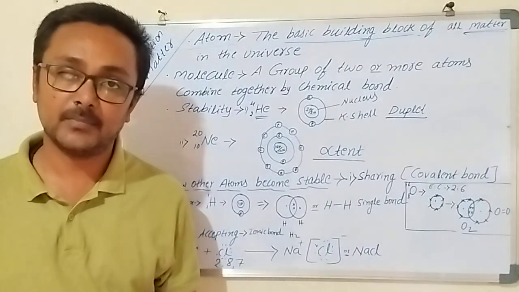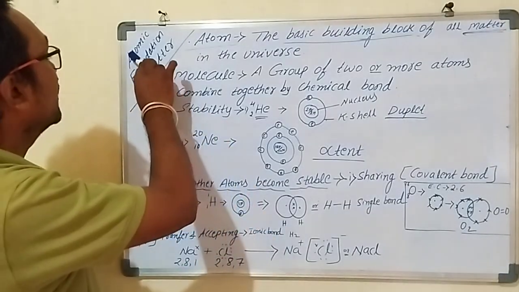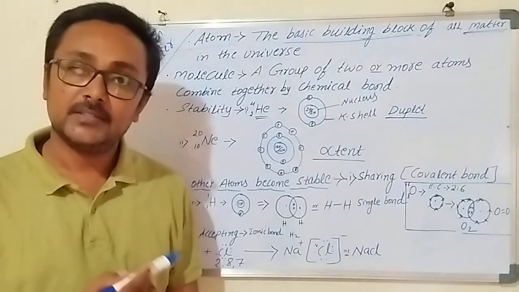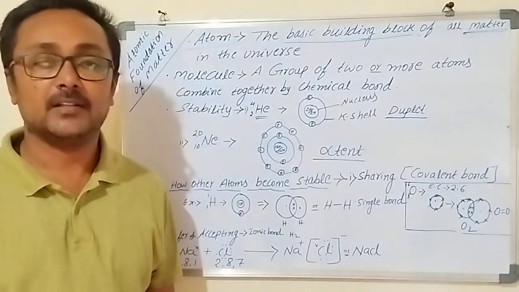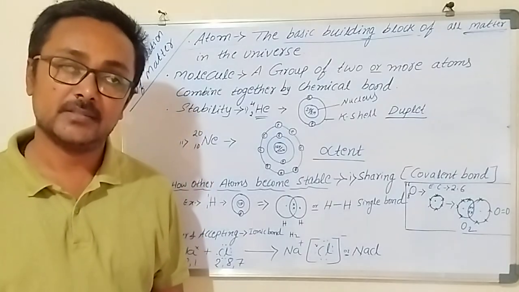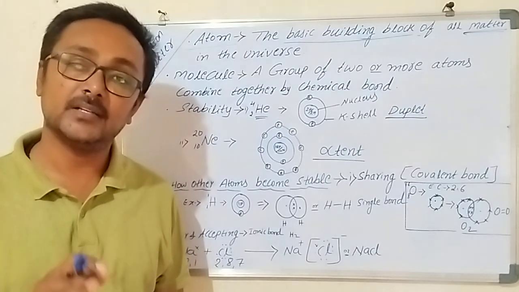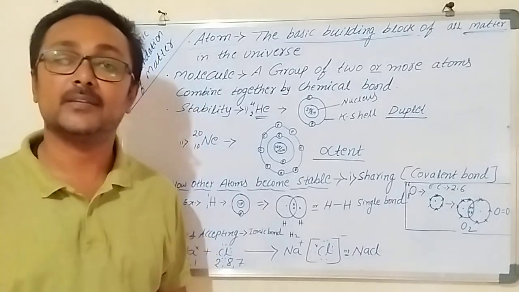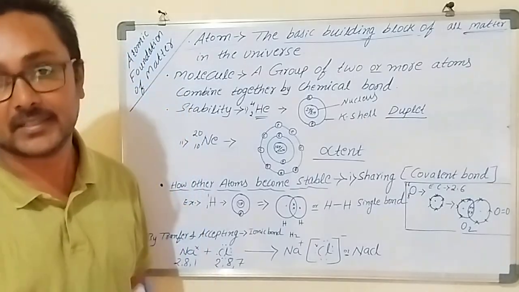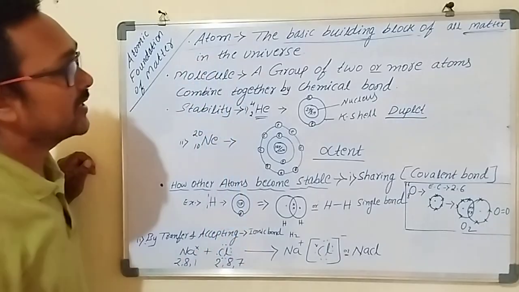Today we are going to learn about one of the chapters of class 9th chemistry, that is atomic foundation of matter. This is having a connecting chapter in 10th standard also, that is chemical reactions and equations, metals and non-metals. Somewhat it is helpful there also, and it is very helpful in carbon and its compounds, where you can learn about the valency, valence electron, stability, all the things related. Now let me tell you about the atom first.